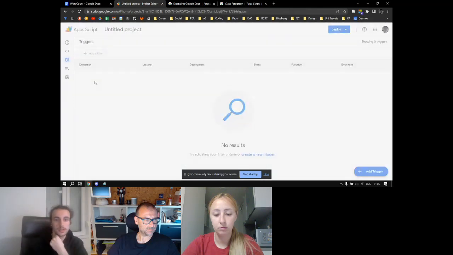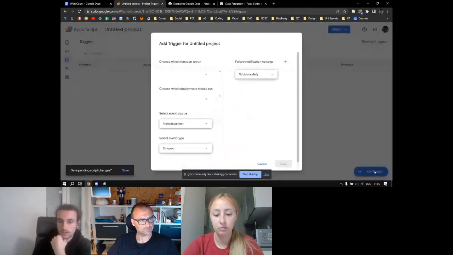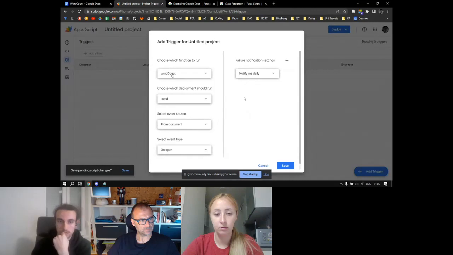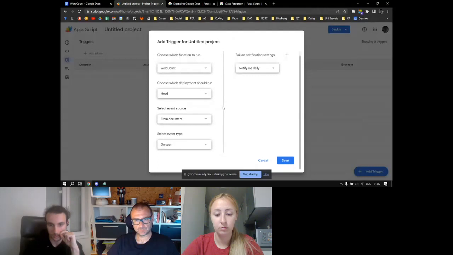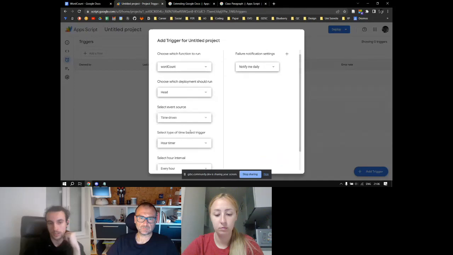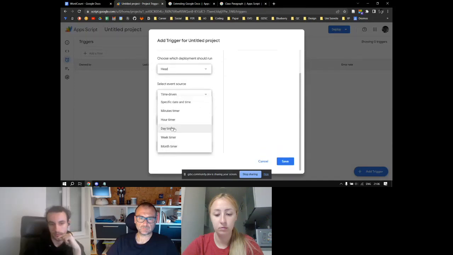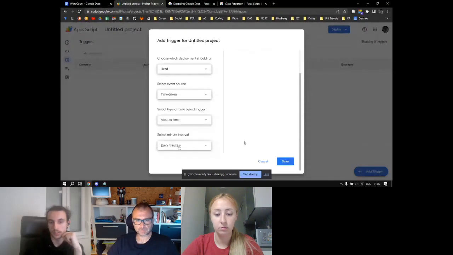So we can then go to triggers, add another one. It's automatically selected the only function it has, and we want to make it time-driven, for example, every minute.